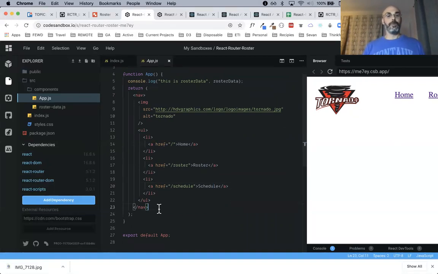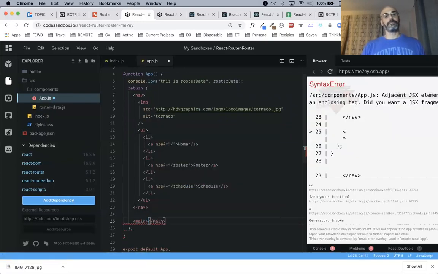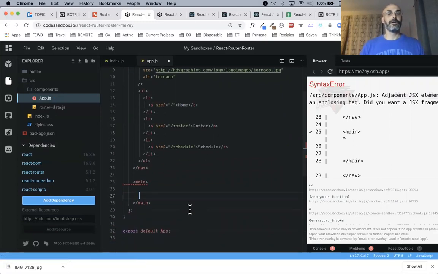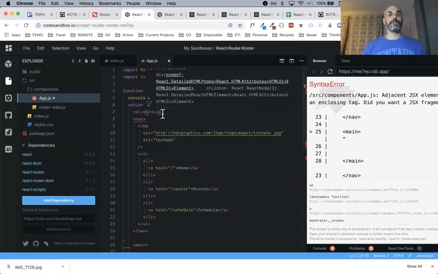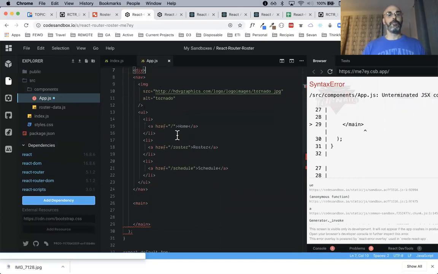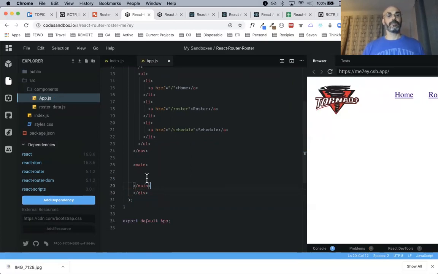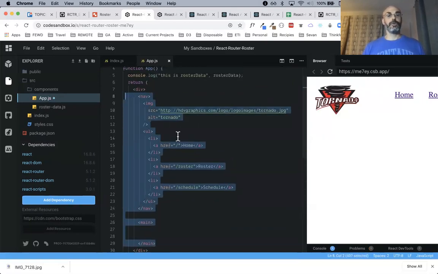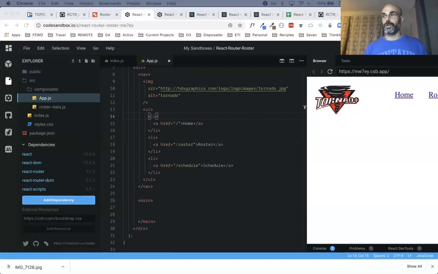Okay. So I'm going to create a little section here. I'll call it main. Okay, so I have a main section, nav. Okay, so this is all nav. So I have to put this inside of a div because you can't render multiple child elements, right? Okay, so I'm just going to move this over. Remember, JSX only allows one top level, but as many child elements as you want, but only one top level element.